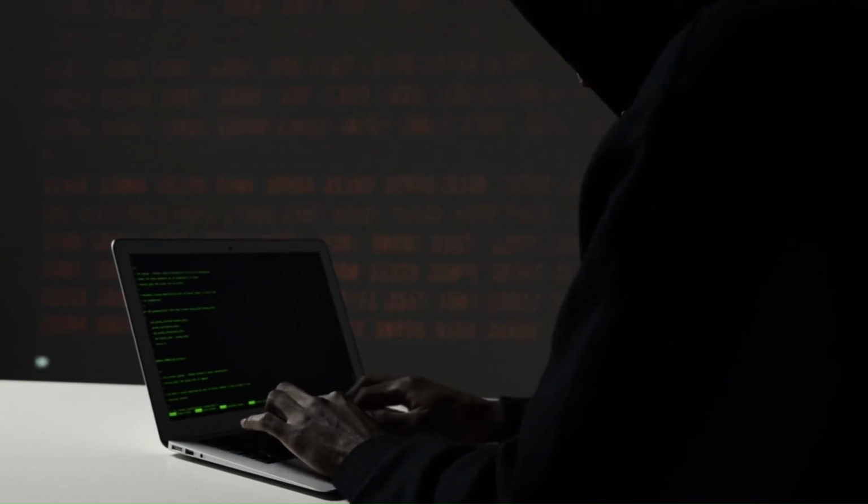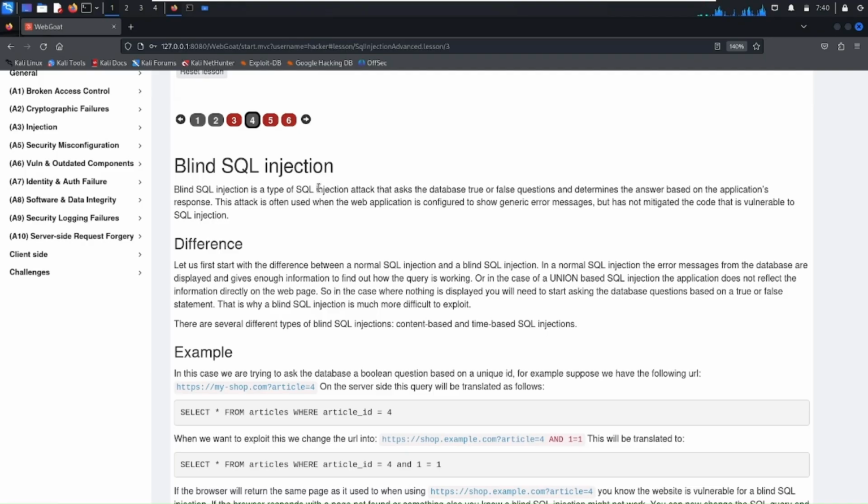But in blind SQL injection, the database does not show the error message in the front end or web page. Instead, it shows another error page like a 404 page or "user not found", something like this. It does not show the database error message directly. Instead, it filters it and only shows the information that is required to show the user. And there the role of blind SQL injection comes in. We use blind SQL injection to ask the database true-false questions, and based on that, we try to exploit the